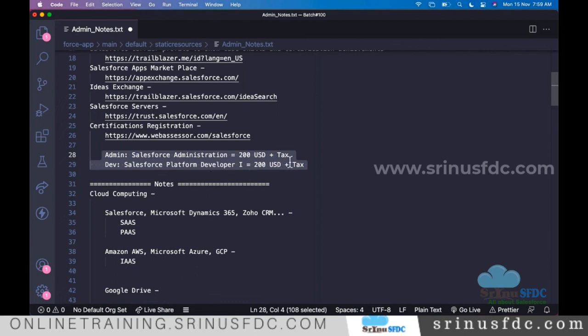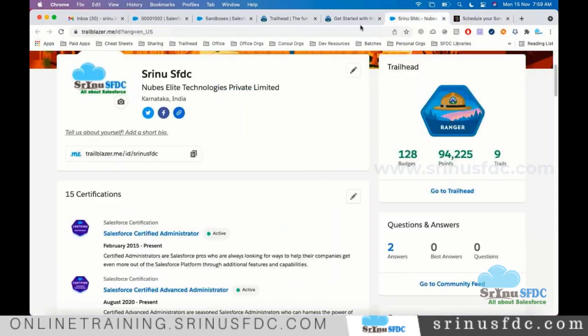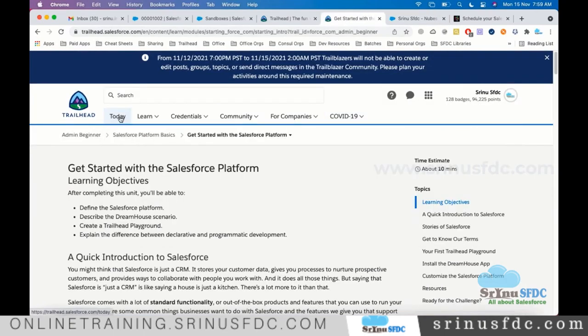Okay, you need to take these certifications. Just understand, sometimes there might be some coupons. When you make proper progress with Trailhead, you will also get some coupons. If you see here in Trailhead, you see something like